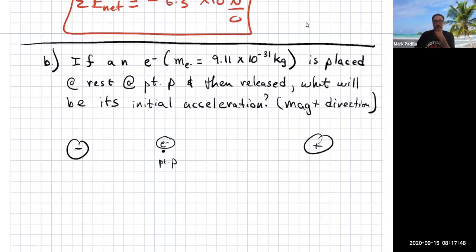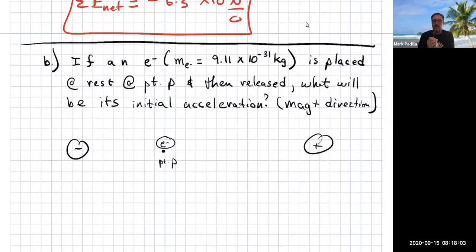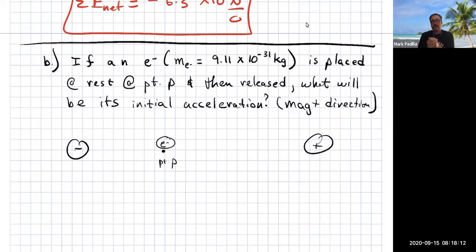So if I place an electron right there, first of all, what direction is the electron going to take off in? To the right. It's going to move to the right. Why is it going to move to the right? Because it's going to be repelled by the left particle and attracted by the right particle. Correct. So we know it's going to take off with an acceleration to the right because of those electrical properties. Negative and negative repel, negative and positive attract. But we want to know